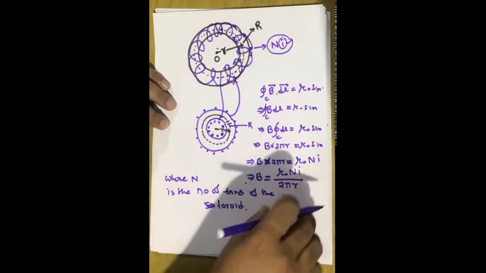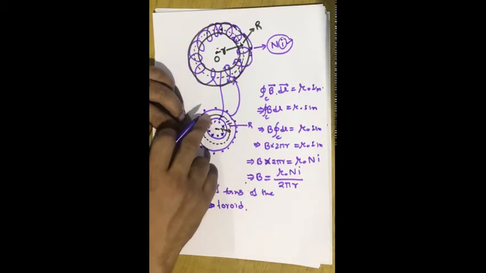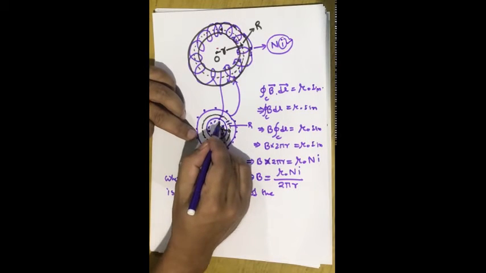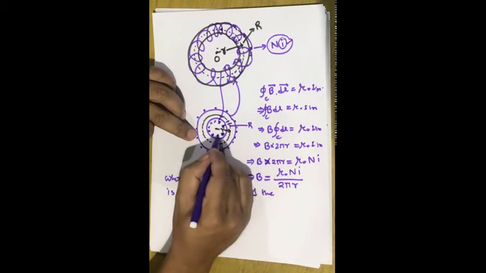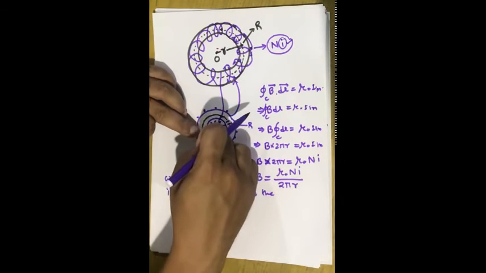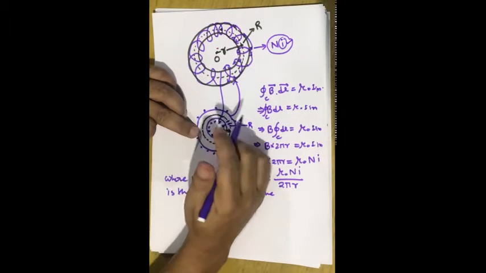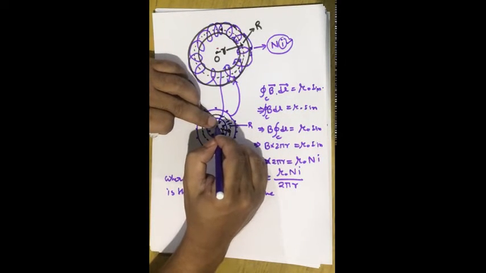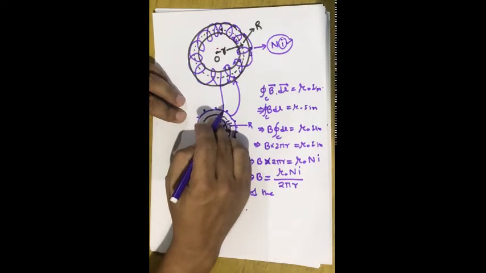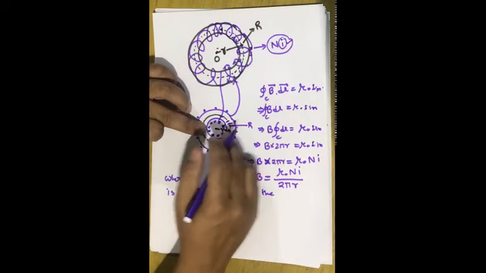This is a very important derivation. Let me repeat it again. We are considering the Ampere's loop at the point r, and this Ampere's loop contains this current which enters into the surface. Whatever current enters will again exit at this point. If this is current I, then this also will be current I, but our Ampere's loop will be in between these two surfaces, therefore this Ampere's loop will consist of current I.